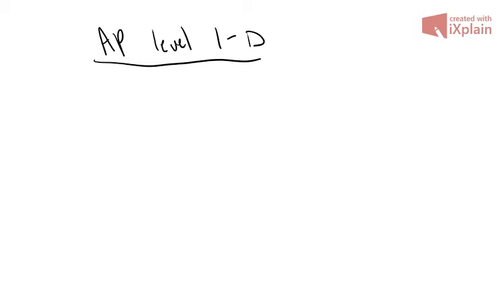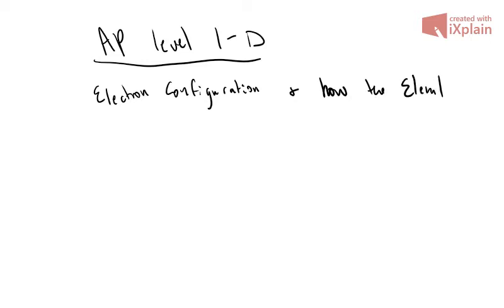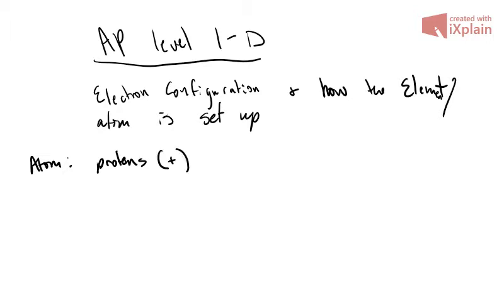Okay. So, AP Chem test prep level 1D. So last time we started talking about electron configuration, and how the element or atom is set up. Okay, so we also know that an atom contains protons, which are positively charged, and electrons,